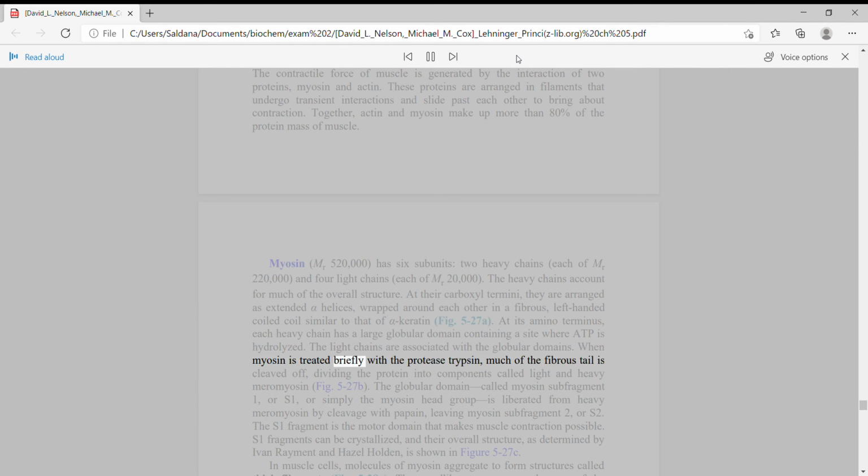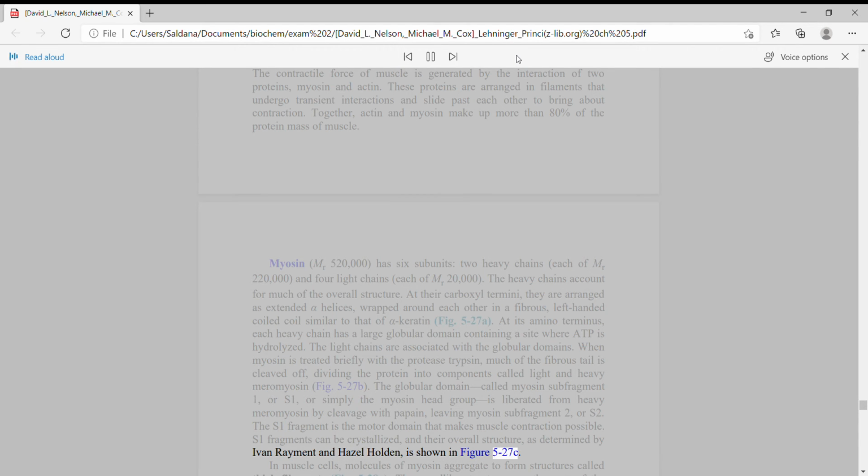When myosin is treated briefly with the protease trypsin, much of the fibrous tail is cleaved off, dividing the protein into components called light and heavy meromyosin, Fig. 5-27b. The globular domain called myosin subfragment 1, or S1, or simply the myosin head group, is liberated from heavy meromyosin by cleavage with papain, leaving myosin subfragment 2, or S2. The S1 fragment is the motor domain that makes muscle contraction possible. S1 fragments can be crystallized, and their overall structure, as determined by Ivan Rayment and Hazel Holden, is shown in